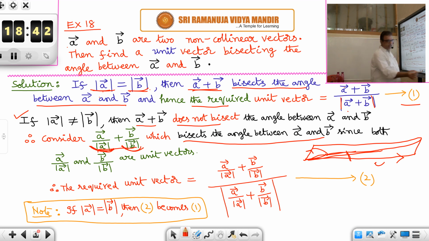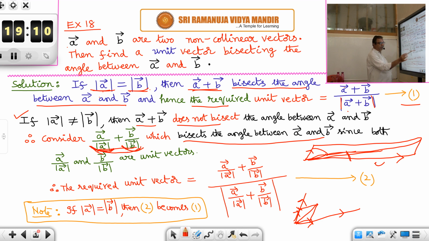So one is a longer vector, one is a shorter vector. What we are doing is, we should not add them directly. Make it a 1 unit vector. This is also made a 1 unit vector. Now this is 1 unit, this is 1 unit, add them. You will get a rhombus, the resultant will be along the angular bisector. So add them. So I have added them also.